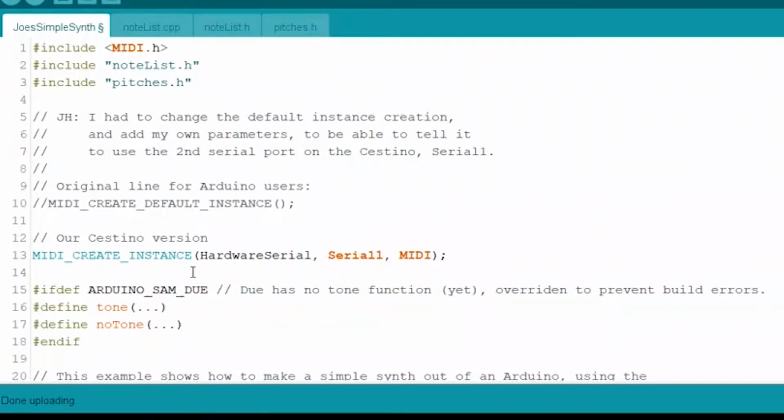So right here, the one thing I had to change, this is the original line, MIDI create default instance. This just sets everything up and gets it ready for usage, the main object that we're getting from this library right here. Well, the thing is, on the Cestino, we have that first port, which is dedicated to talking with the computer, and we might as well just leave that alone. We have a second port available on the Cestino, so I figured we would just use that and completely ignore that other one. So we just took this line and commented it out, MIDI create default instance,